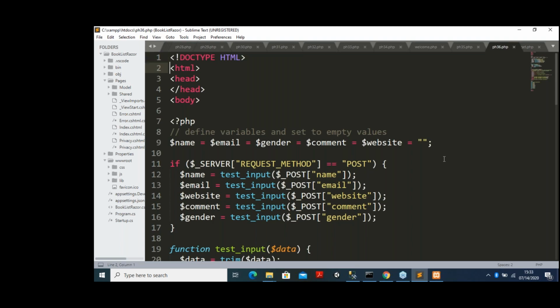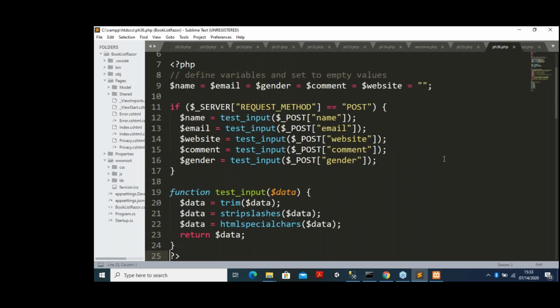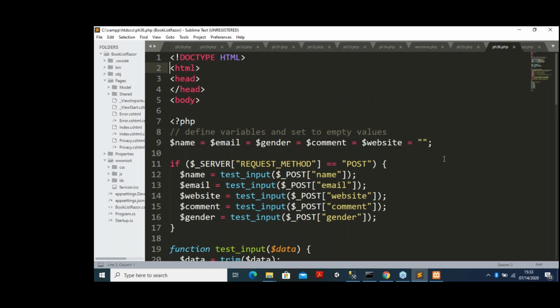This program, all of you minutely observe. This is the thing I wanted to explain in today's class. That's why it is very important. So here, I am writing a PHP program. Anyway, it is inside the HTML. So I started with type HTML, head, body. So inside the body, I started my PHP program, that is <?php.